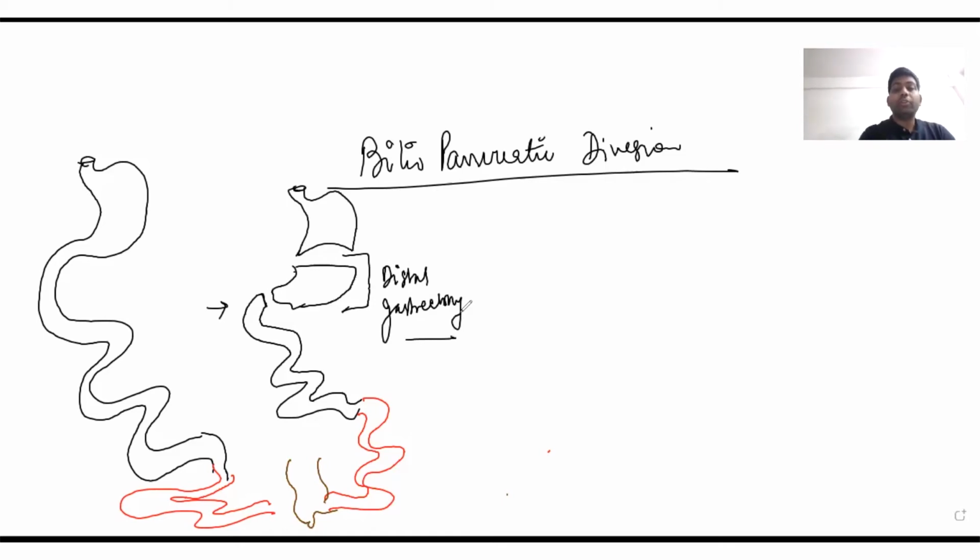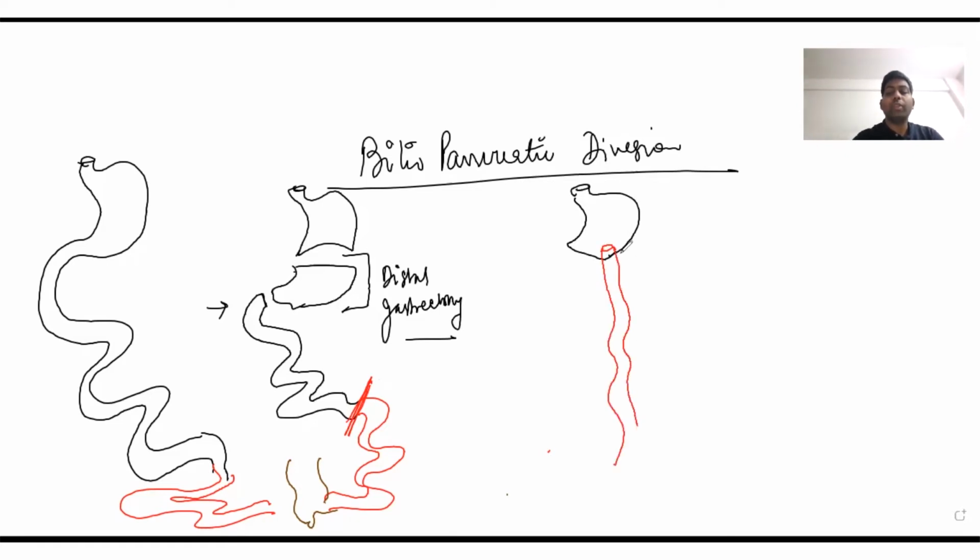What we do next is we dissect at the level of the jejuno-ileal junction to do the next step, that is the Roux-en-Y limb formation. And how do we do that? In the next step, this was the distal part of the stomach, this was the proximal part of the stomach, and the ileal loop was anastomosed here, an end to side anastomosis. Then the remaining part of the biliary limb is made continuous with the ileal limb by a jejuno-ileal anastomosis.